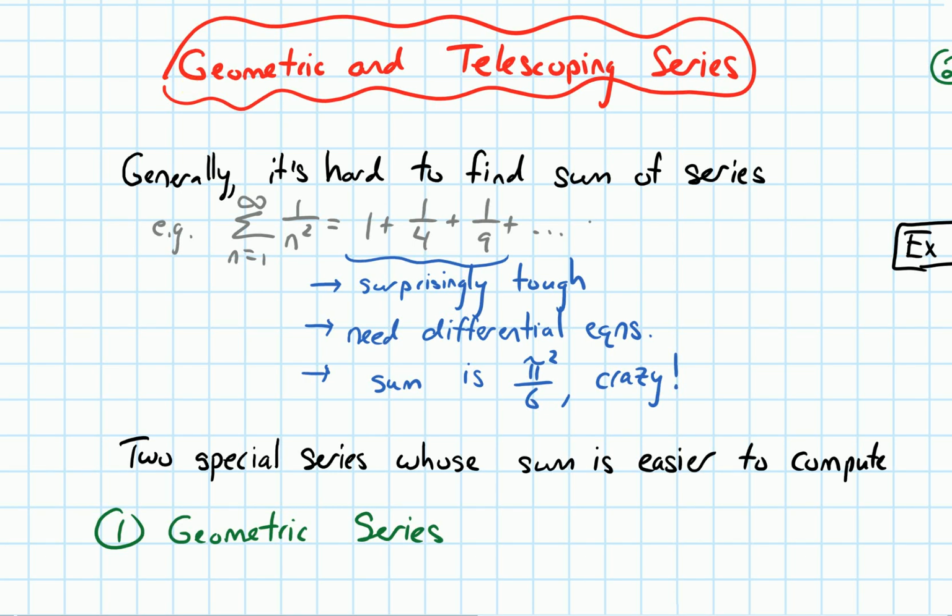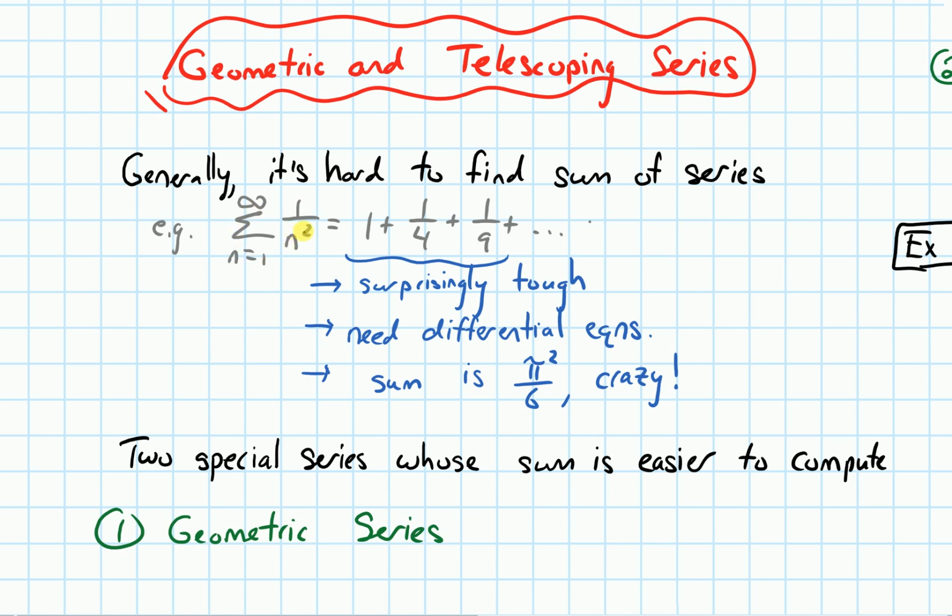In this video, we're going to talk about geometric and telescoping series. So let me start with the general problem. In general, it's hard to find the sum of a series. For example, if I have the following series, the sum from n equals 1 to infinity of 1 over